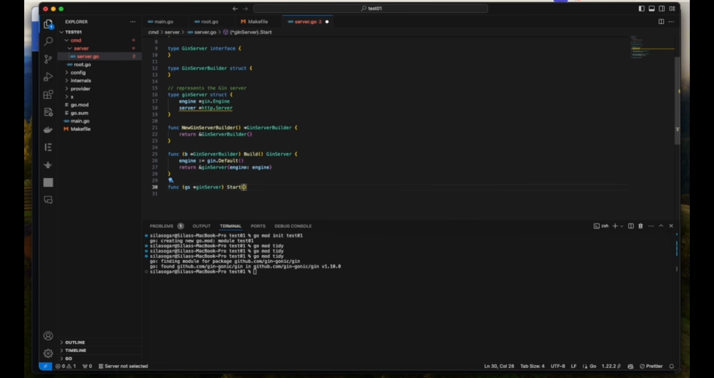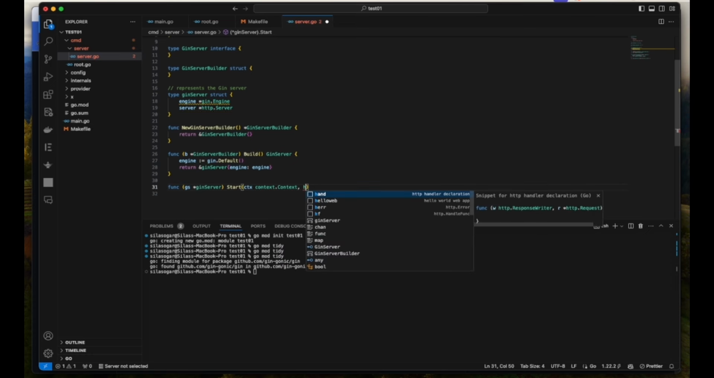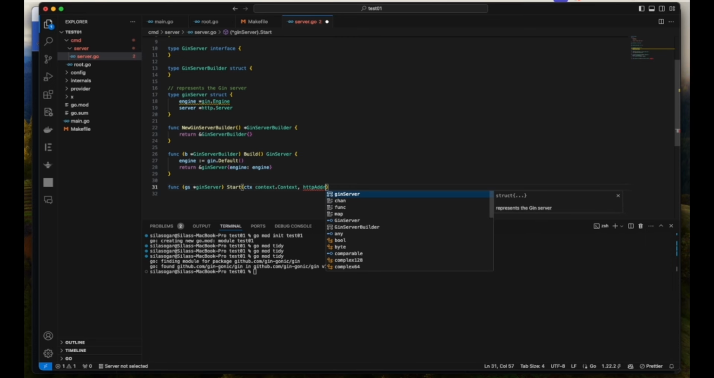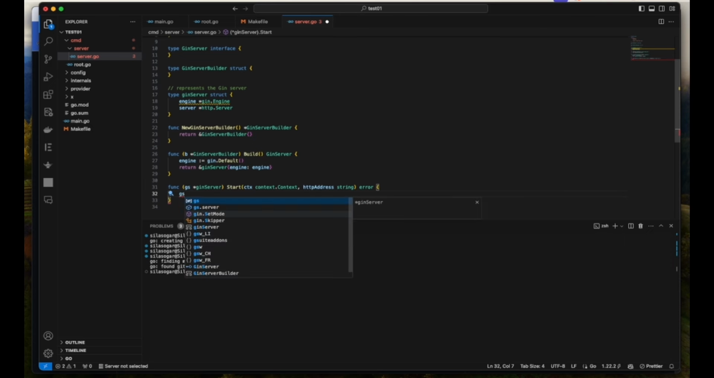So let's say Start. This method is going to take in the context, and it's going to also take in the HTTP address where we want to run our application. So this is going to be a string. Okay, and then this method is going to return an error. So we can now say